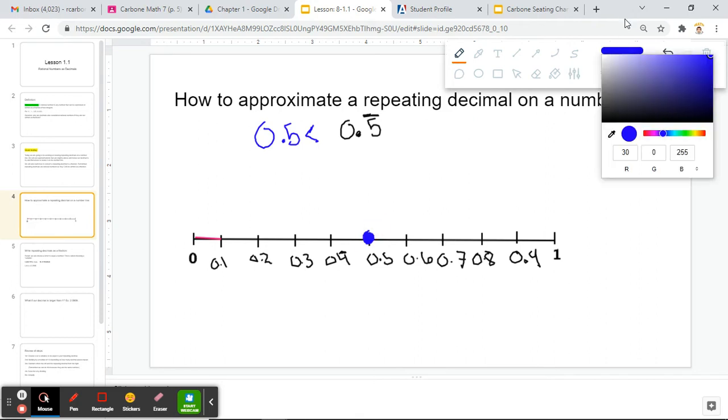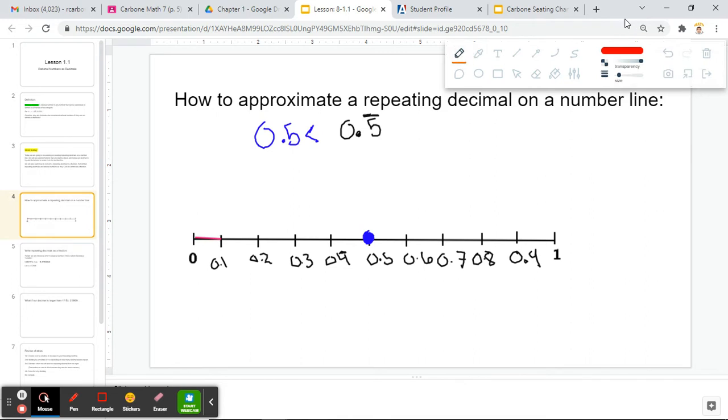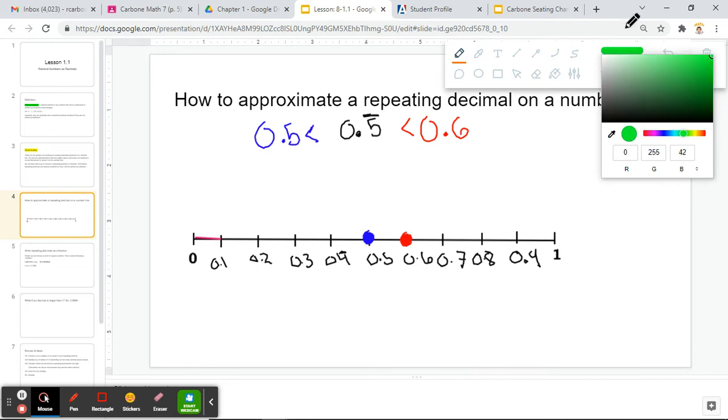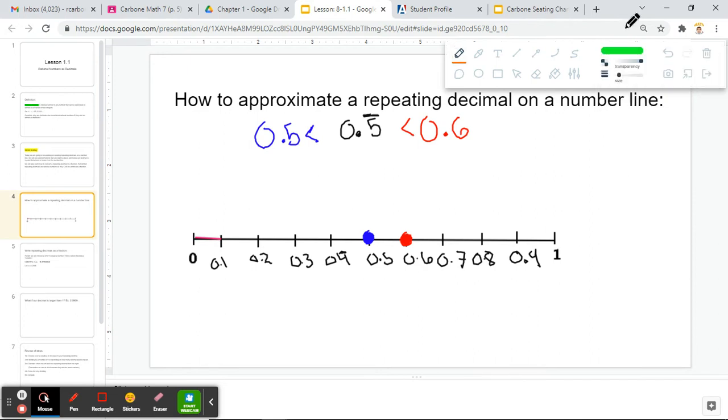Now we can also say that 0.5 continuing would be less than 0.6, right? Because this is the next decimal place up from this one right here. 6 is larger than 5, so 0.6 is larger than 0.5 continuing, regardless of how many 5s are there. So plotting that 0.6, that would be right here on our number line. Now to plot our 0.5 continuing, we'd really just want to find a point in the middle of these two numbers here. So we could just go straight up, do a dot right here,